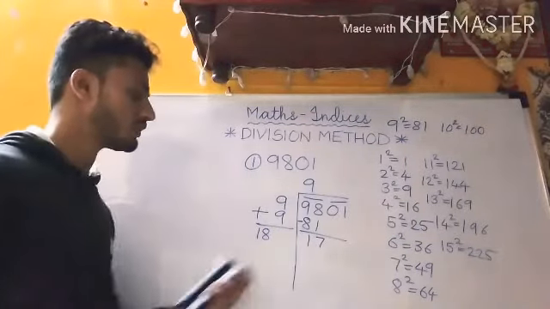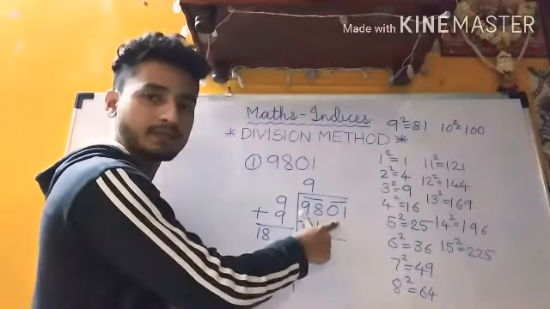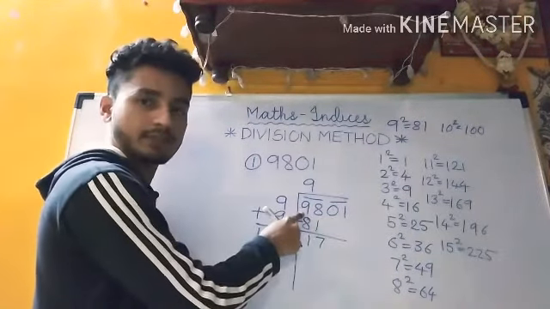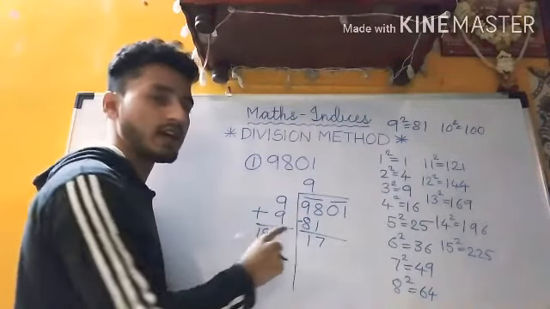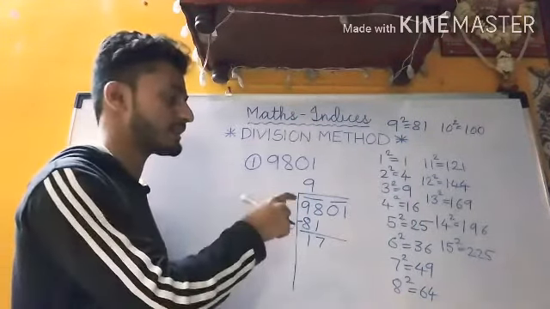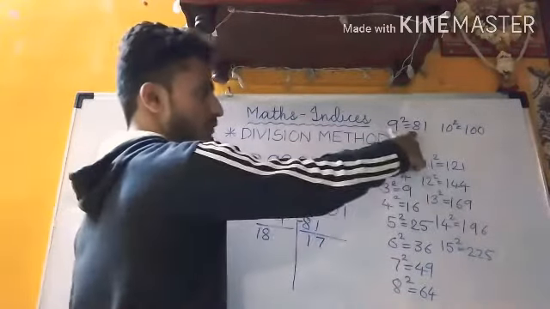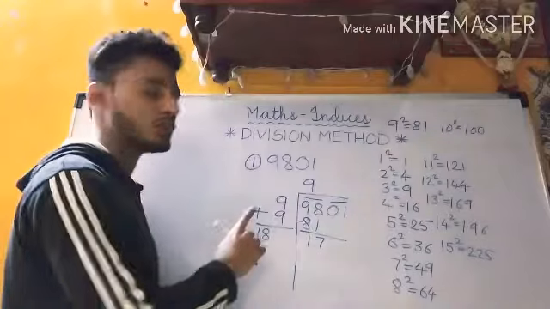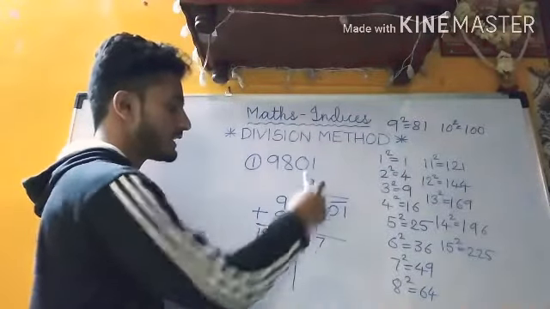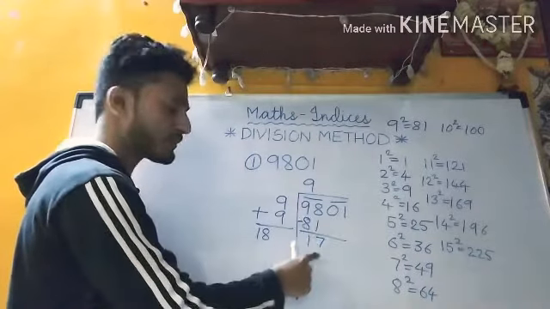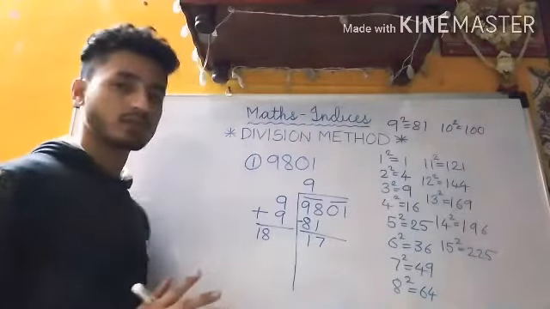Now this was the step. What did we do? We first made pairs, then we took the first pair, and we found a number which is either exactly similar or smaller than it. We found a number which is smaller, that is 81. So we took the square which is responsible for that number. So we took 9 nines is 81. We subtracted here and we performed addition here. Till here it is okay.